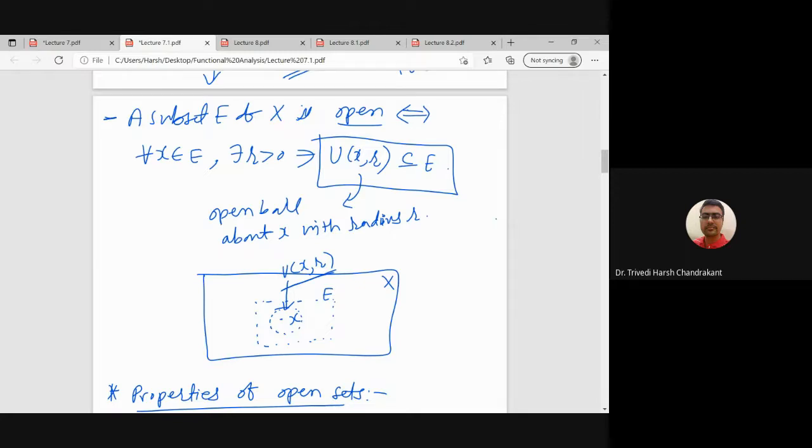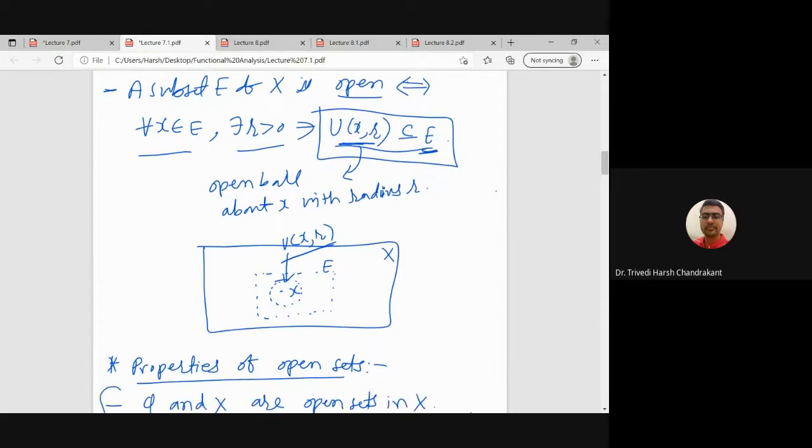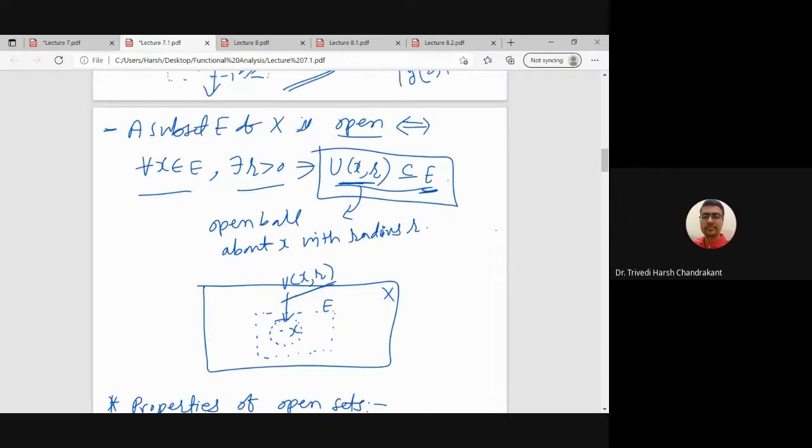For every x, there exists an r greater than 0 so that this condition is satisfied. If we can find the ball entirely contained in the set, then that set is an open set. Right, so if we use this as the definition of open set, then that will give us our